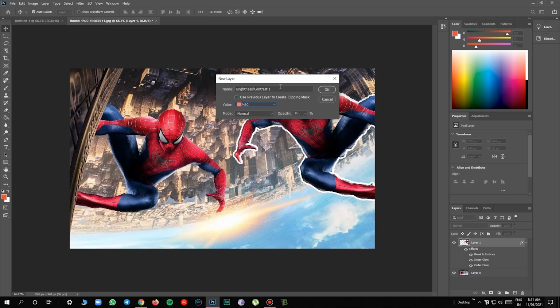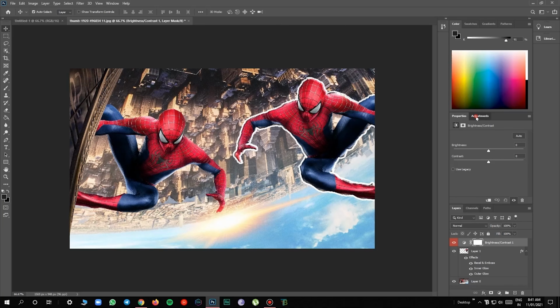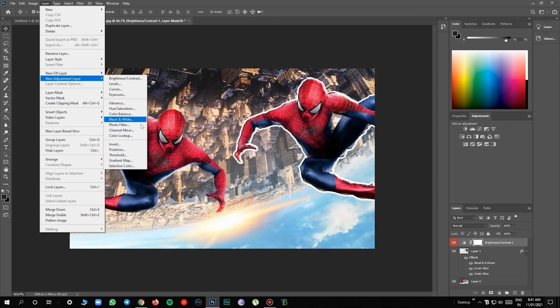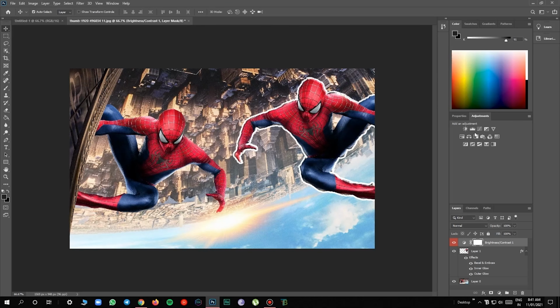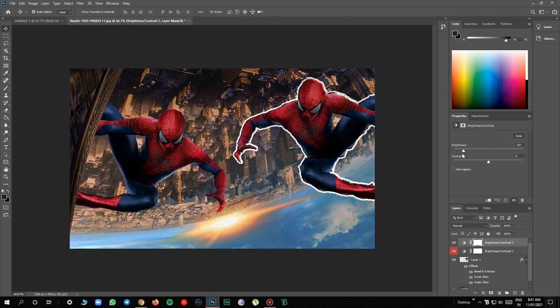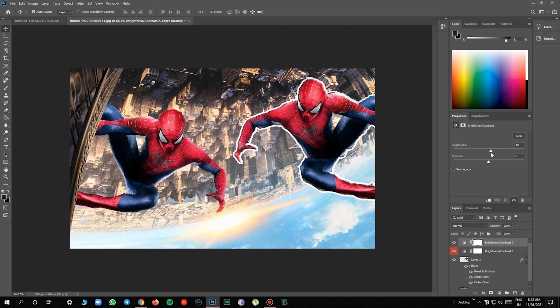Yeah, the adjustments are also on the right side, above the layers tab, or we can see them in the layer menu and at the adjustment layer too. So let's first increase the brightness. Okay, I thought too much brightness would be nice, but minus 6 is good, and the contrast too, when we increase it, it's nice.